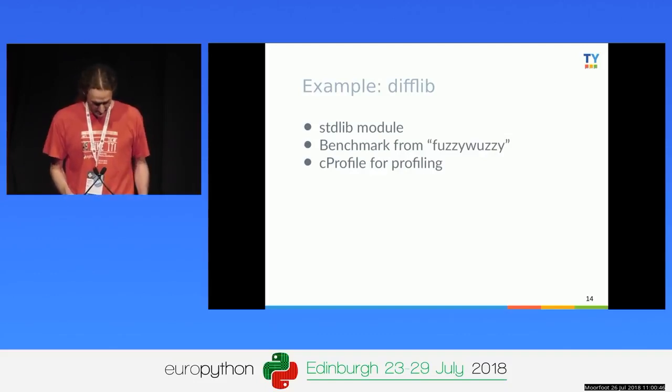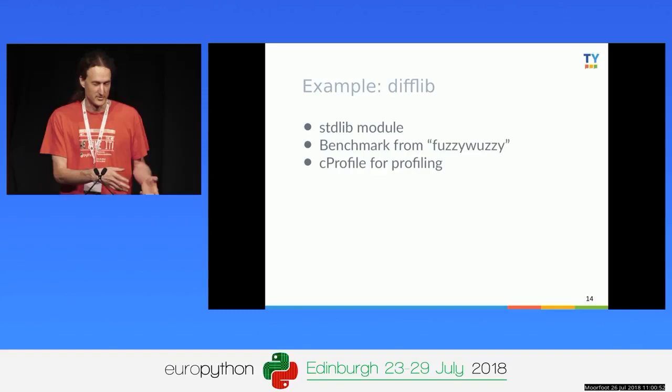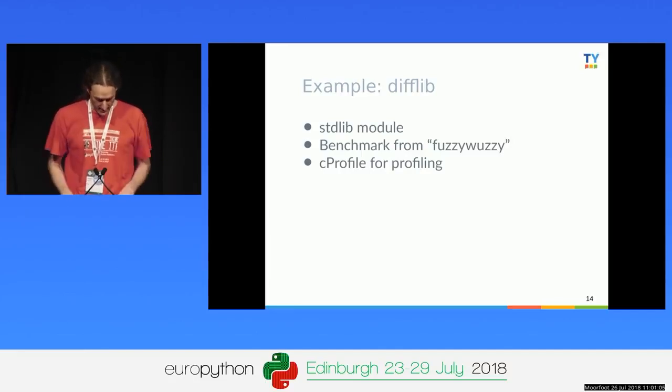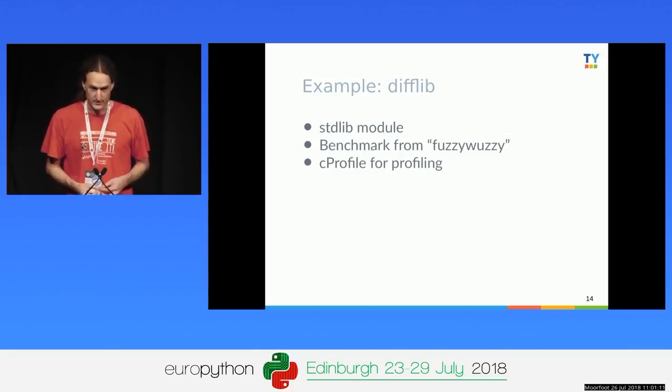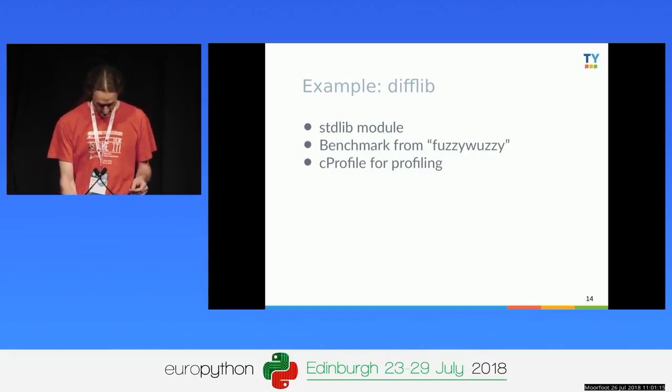Okay, so as a benchmark, I'm using a tool called Fuzzy Wuzzy, which comes with a little benchmark. That's why I'm using it. Fuzzy Wuzzy basically just does fuzzy comparison between texts. So you pass in two texts, and it's going to do a fuzzy comparison and try to match the parts. Well, it's not really relevant. I'm just using it as a benchmark here. And I'm using cProfile for profiling to see how fast my program is running and where the time goes.